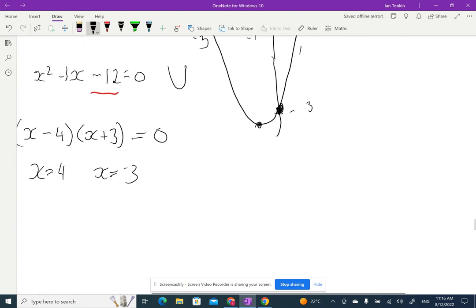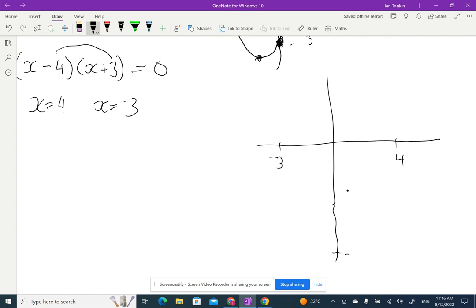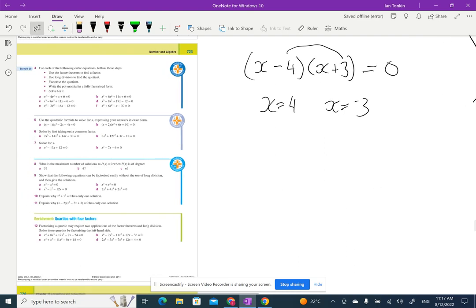And again, if I was sketching it, I'm going to get minus 3, so somewhere over here, and I'm going to get 4. And if I add those together, I get 1. So it's going to be going at a half somewhere down here. And if I multiply these two numbers together, I get negative 12. So down here, negative 12. And my parabola would look something like that. And there is a half and whatever value that would be. And you can see the scales are all out, but I'm only doing these really quickly. So that's factorising